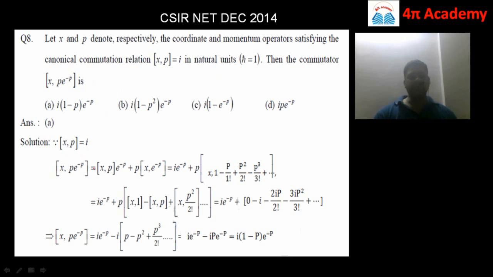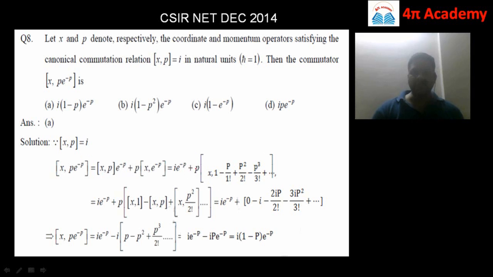Now let us find out the commutation bracket of [x, p e^(-p)]. Applying the property of [A, BC], we can solve this. It will be equal to [x, p] e^(-p) plus p times the commutation bracket of [x, e^(-p)]. Since the commutation bracket of x and p is given, it is i, so it will be i into e^(-p)